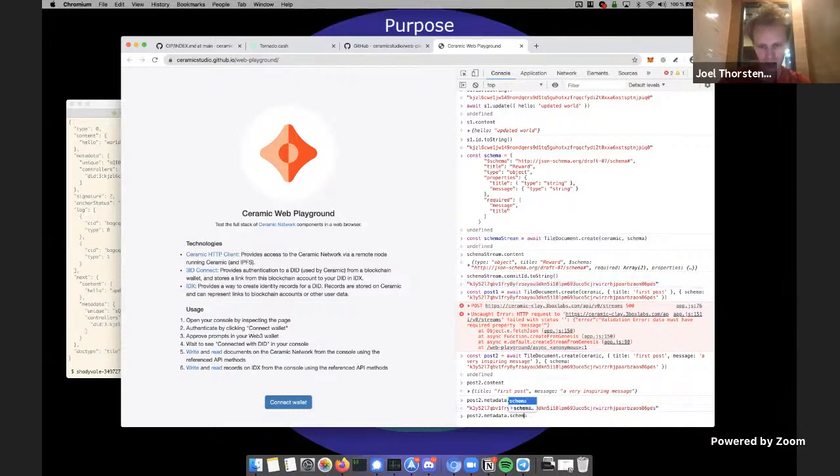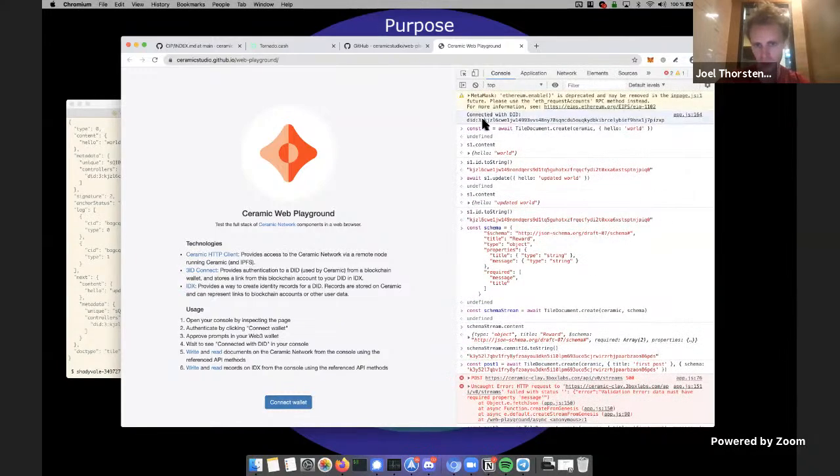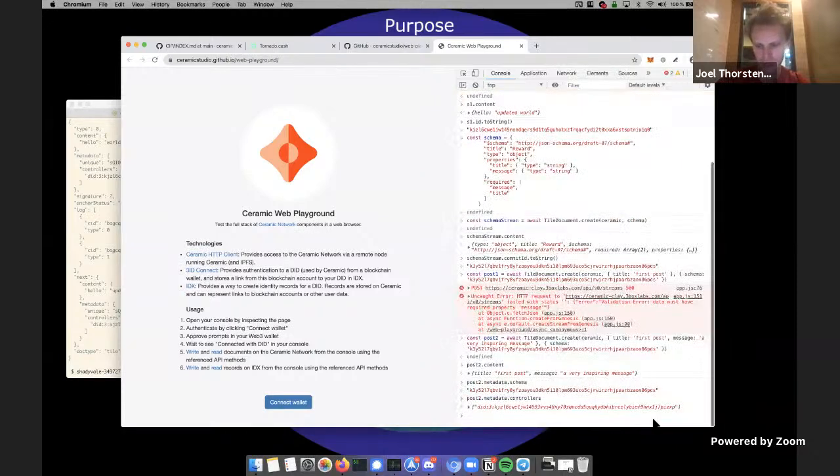We can also inspect the controller, and the controller is the DID, or the user identity, that's allowed to make updates. Here we can see did:3 and this string, which is the same as the one up here. This ends in CXP. So yeah, it's the same one. This is the one we're currently authenticated with.